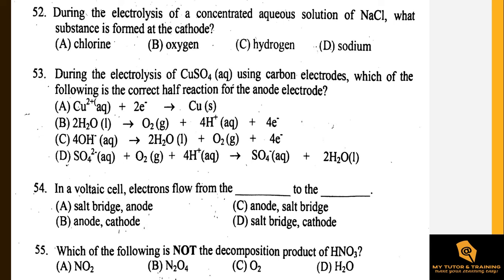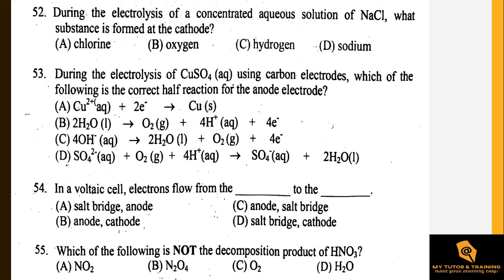Question number 53: during the electrolysis of copper sulfate solution using carbon electrodes which of the following is the correct half reaction for the anode electrode? By the way, when we use a carbon electrode or graphite electrode the electrode is called what? Inert electrode. So the correct reaction which occurs for this electrolysis process at the